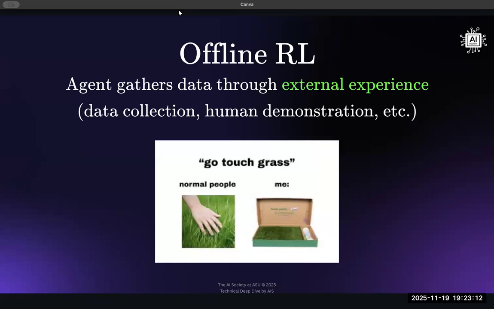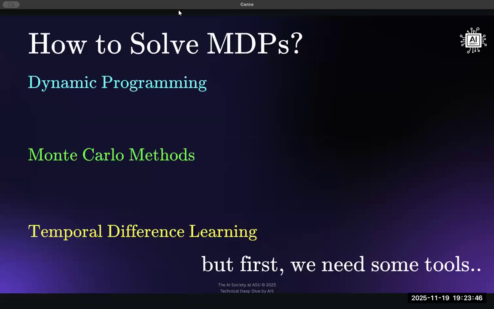So collecting data, human demonstrations. Like if we're trying to teach a robot how to cook in a real world kitchen, we could collect videos of people cooking rather than having the robot actually working in the kitchen where it could potentially set things on fire or break something or break itself. We could just collect data externally without having to have that robot interact with the environment directly. So that's another way of learning under reinforcement learning.